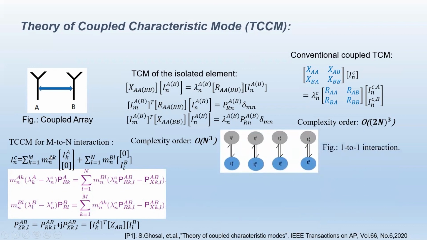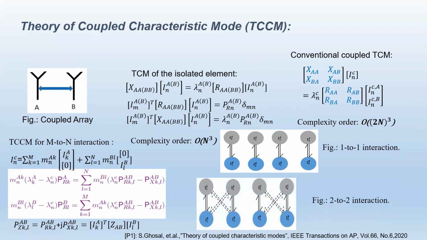This problem is a general solution, that is, an M to N interaction problem. That means all the M modes are interacting with all the N modes. But in practice, each antenna has very few dominant modes. Those only interact among each other to create the dominant coupled modes. So we can simplify this problem in terms of M equals 1 and N equals 1, which turns out to be a 1-to-1 interaction. Similarly, the 2-to-2 interaction looks like this. The advantage is that this general problem can be further simplified if we go like this lower